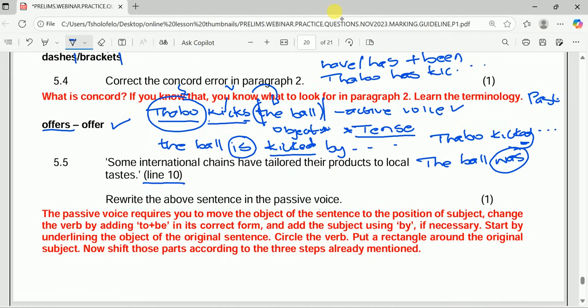I'm just giving you a quick revision. So therefore it means that in a passive voice it will be: the ball has been kicked by Thabo. We add "been" in a passive voice. Now some international chains